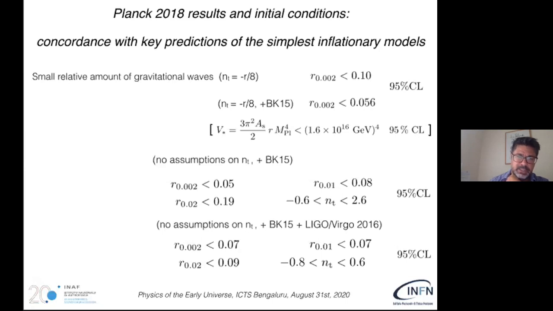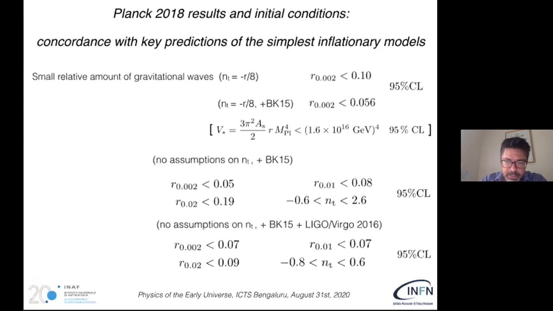If you relax this assumption, then we have analyzed the data with a two-scale analysis, as for isocurvature perturbation, and then we find a limit on r and a derived marginalized posterior for n_T, which includes the relation of the tensor tilt and r for the simplest model, and also allows larger phenomenological values of n_T of order 2.